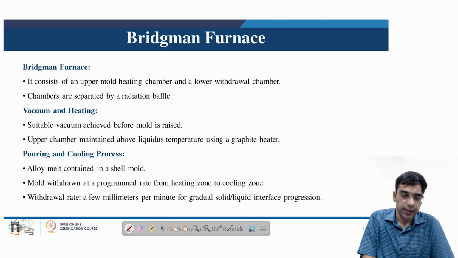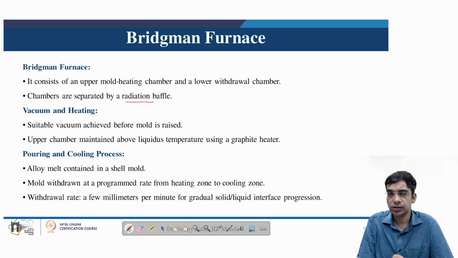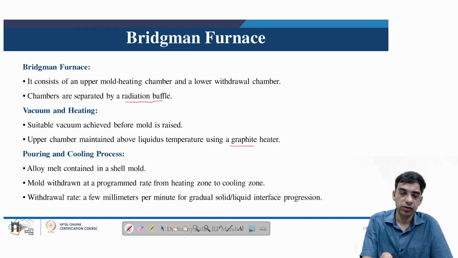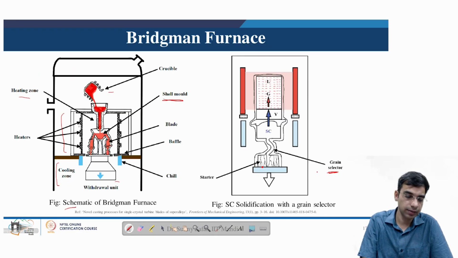So the chambers in the Bridgman furnace are separated by a radiation baffle because we have two distinct zones, that is the hot zone and the cold zone. So using a radiation baffle, both of them are separated. A suitable vacuum is also achieved before the mold is raised so as to avoid any chances of oxidation. The upper chamber, that is the hot chamber of the Bridgman furnace, is maintained above the liquidus temperature so as to constantly have the liquid nickel based superalloy using graphite heaters. So these heaters are present here surrounding the hot zone from all the sides,